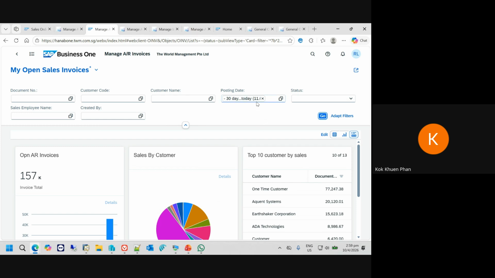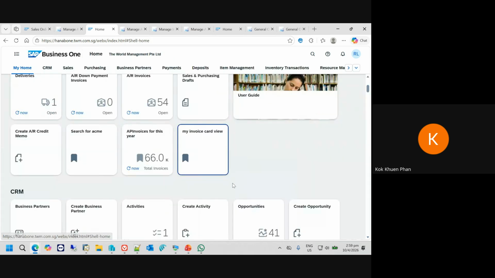So if you run this today, it will be the last 30 days starting from 11th of March. But if it is tomorrow, it will be starting from 12th of March. So it's always running. This date will always be a running total. Now, this is how you actually build a card view from an existing data view that is provided by SAP